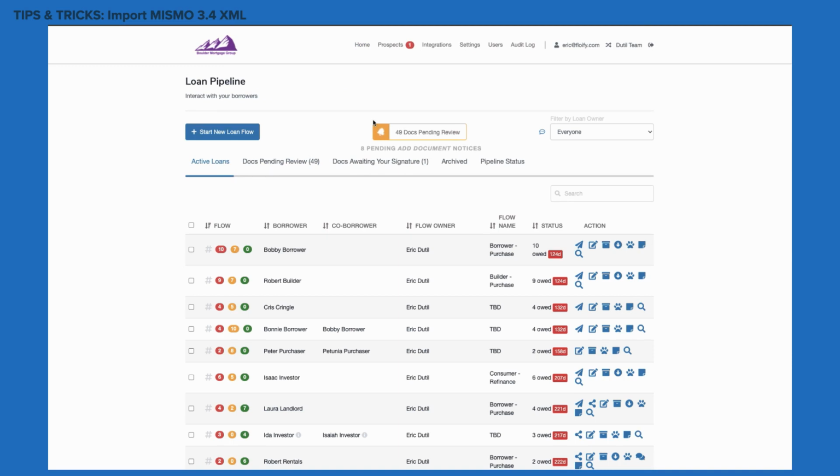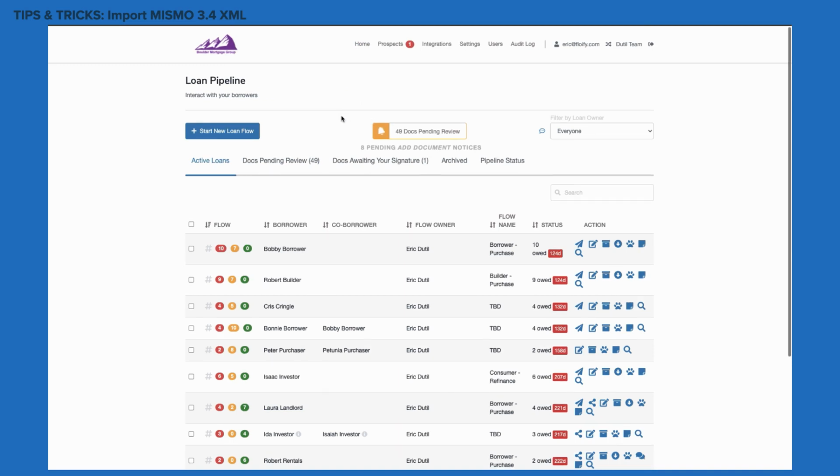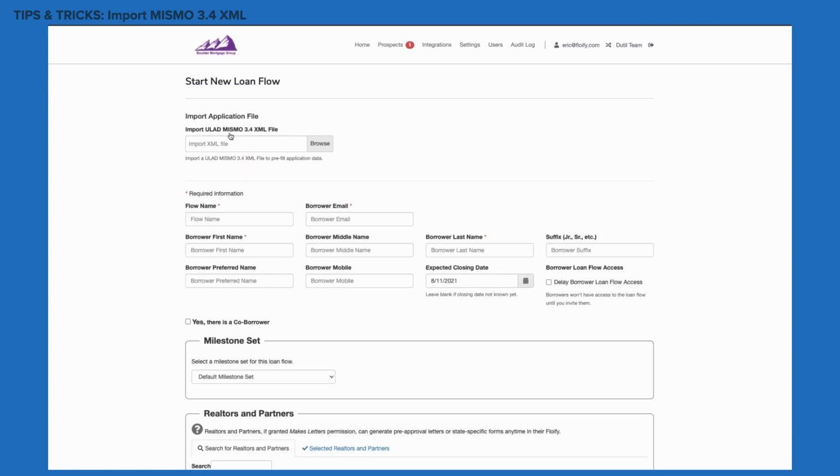All right, now the second place that you can upload a MISMO 3.4 file is going to be from the Start New Loan Flow button. Now in this case, this is when you have a completed application and you don't need your borrower to fill out any further information. You just want to start collecting documents at this point. Now to do that, same thing right here, it's going to be the first option that you see: Import ULAD MISMO 3.4 XML file. Go ahead and browse,